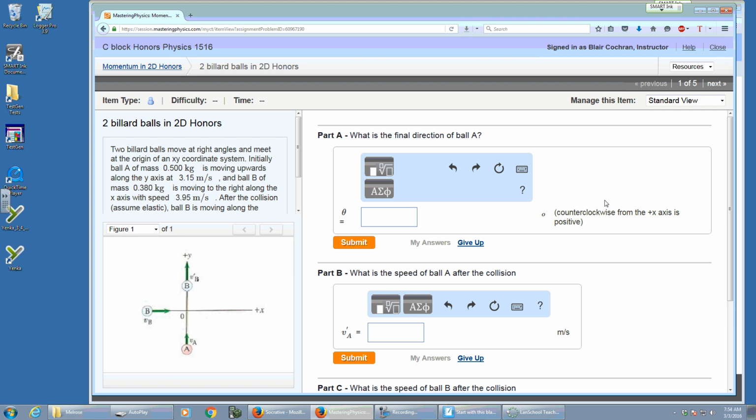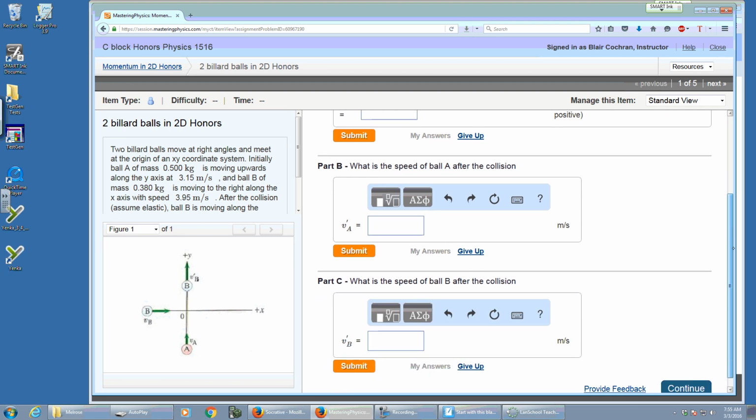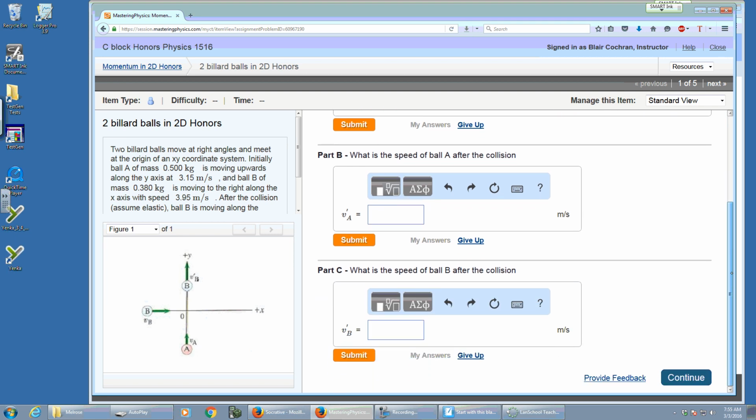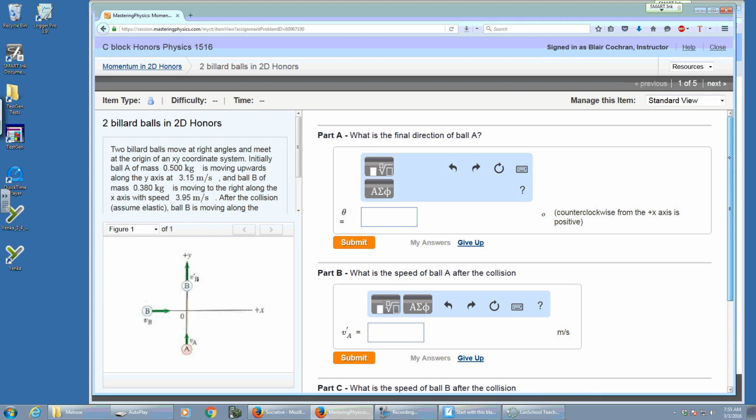We're starting with this one about two billiard balls that come in at right angles and hit. And then they tell us that ball B goes off along the y-axis. And ball A, they ask us, what's the direction of it? And what's the speed of ball A after the collision? What's the speed of ball B after the collision? So,